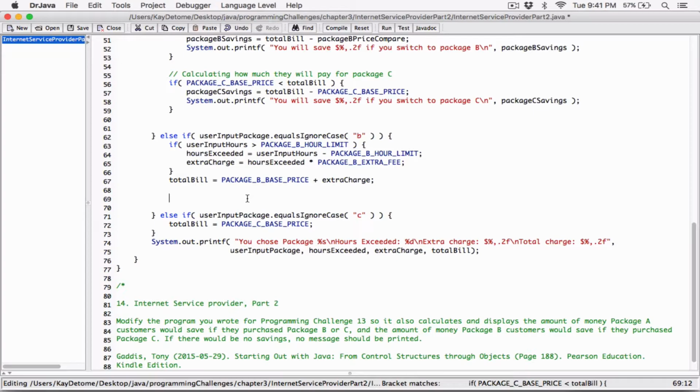With package C, there are no complications. There are no hour limits. Everything is unlimited. Whether you use 0 hours or 1,000,000 hours or 20 hours, you're paying $19.95. The price is fixed. So we already know that. We don't need to figure out how much they're going to pay. So we can go straight ahead and just start comparing and saying, if